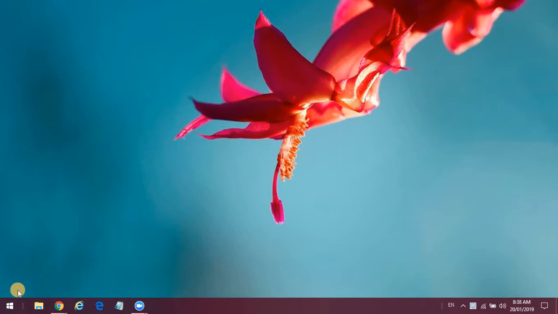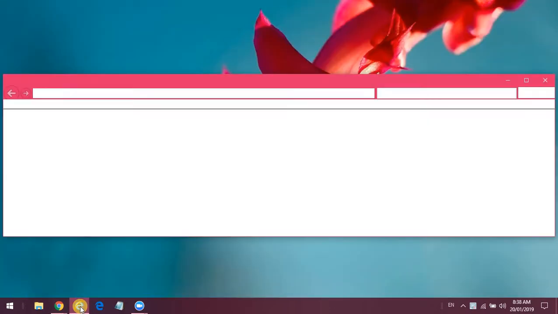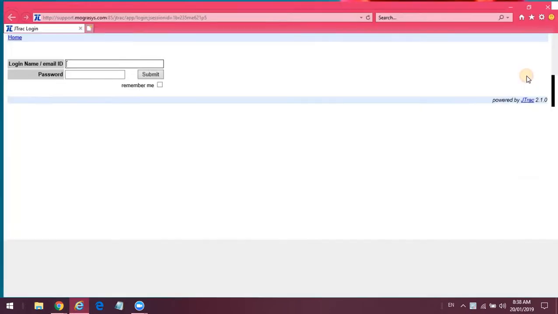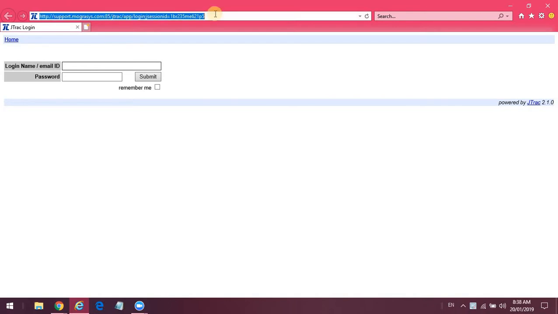Hi, in this video we will see how to use our support portal for mograSIS. To start with, you can open any browser. The preferable browser will be Internet Explorer. So I am opening Internet Explorer, and the URL for opening this support portal is